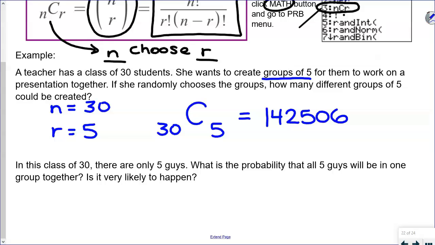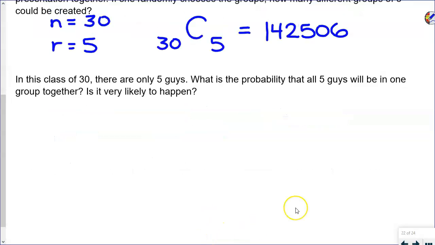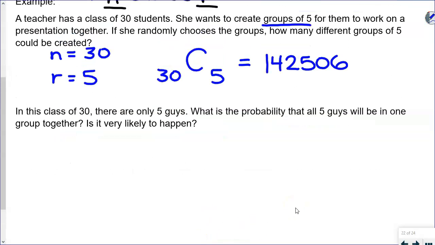Then the next one says, in this class, there are only 5 guys. What is the probability that all 5 of them will be in one group together? So now we're not just looking at how many ways can it happen, but what is the probability that it would happen? So for finding out the probability, we really need to look at how many ways it can happen,